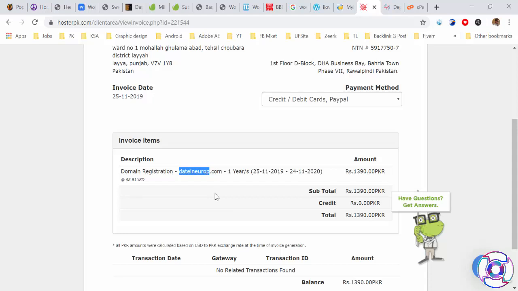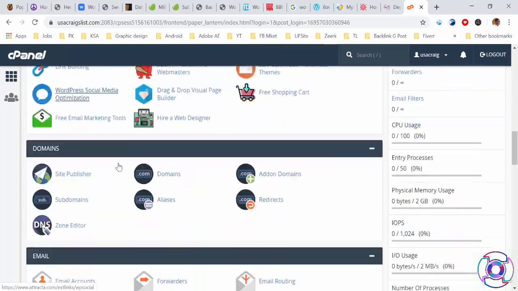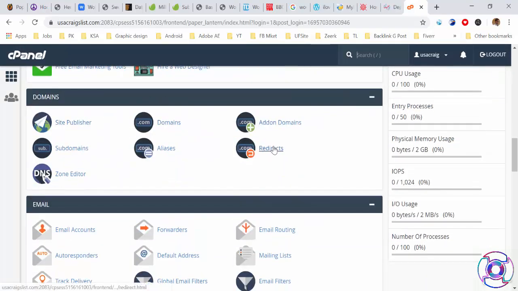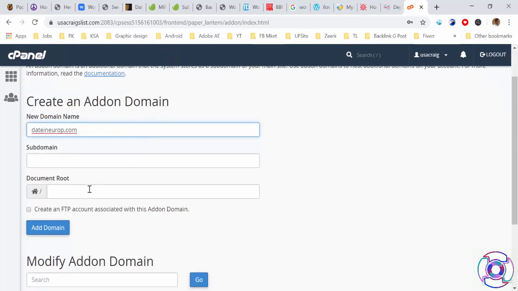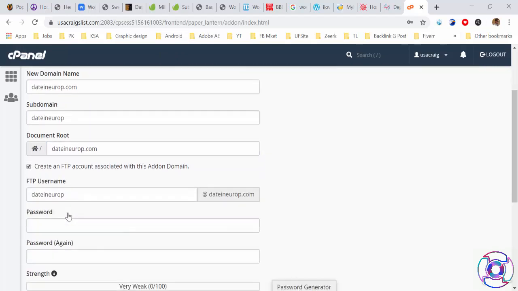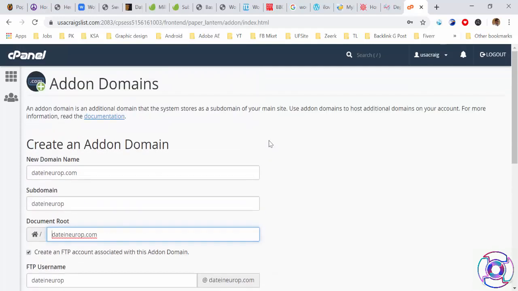So I have to copy this domain and I came here to the domain section. So this is domains, we have add-on domains, subdomains, zone editor, site publisher. So click on add-on domain and add the domain name. Then add root, so create root.